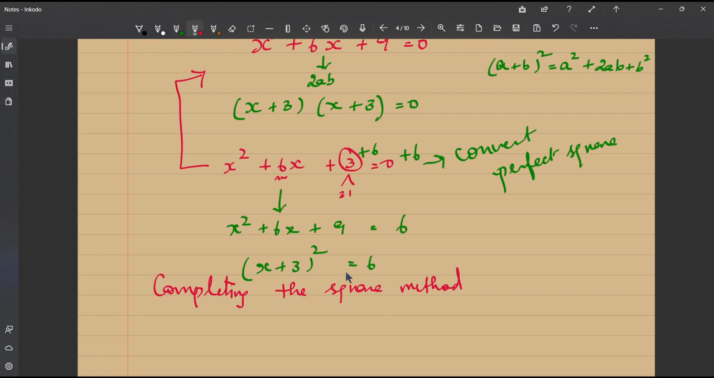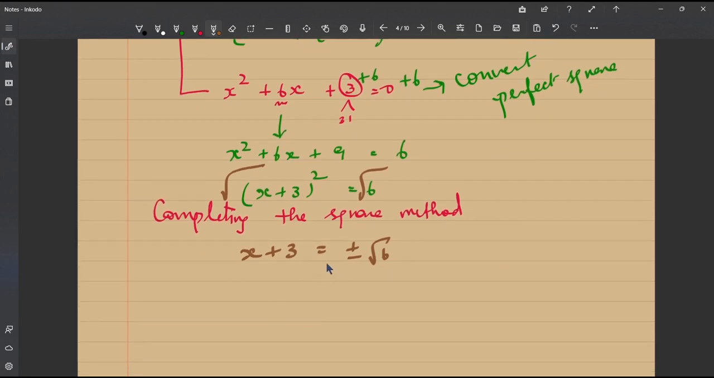How do we find the roots? Just take square roots on either side. You get x plus 3 is equal to, what is root of 6? Of course, it's not a perfect square, so it is just plus or minus root 6. So now our roots